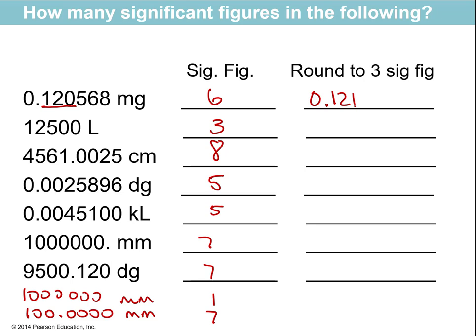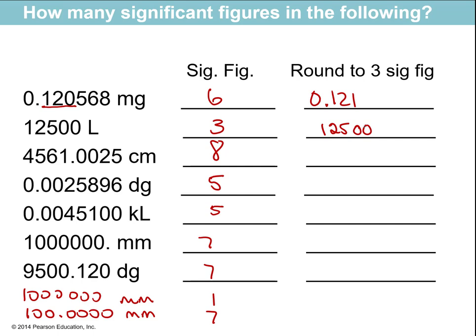What about the next one? So if you had $12,500 and they said, I'm going to round you to 3 significant figures, would you be okay getting $125? No. What do you have to keep? I have to keep those zeros. So I keep the 1, the 2, the 5. The 2 zeros stay because they show the size of the number. But there's only 3 significant figures in that number to begin with, so it wouldn't change the number. All right,